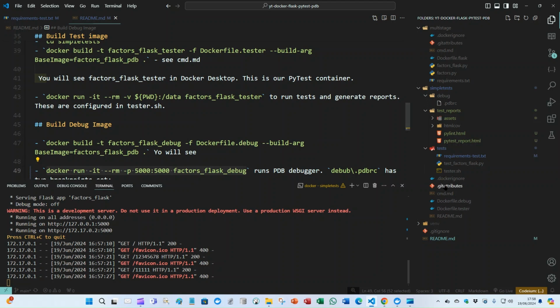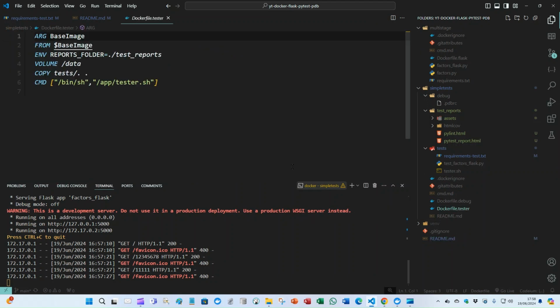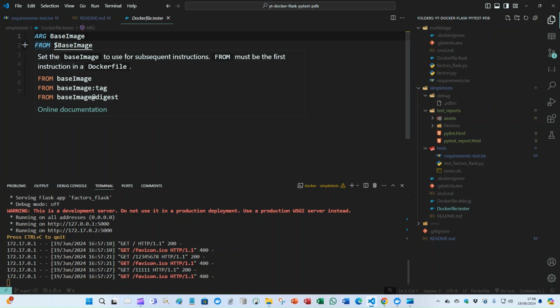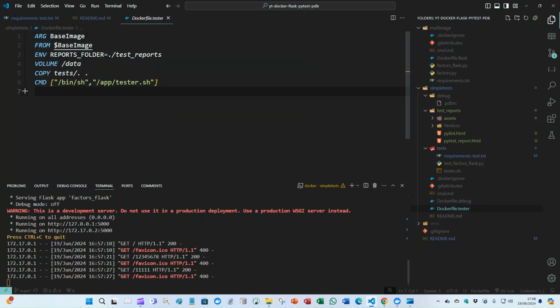The --build-arg is important because if we go into the Dockerfile tester, we can pass in an argument from the command line into the FROM. FROM must usually be the very first command, but it does allow an ARG. So that's how we can customize our build